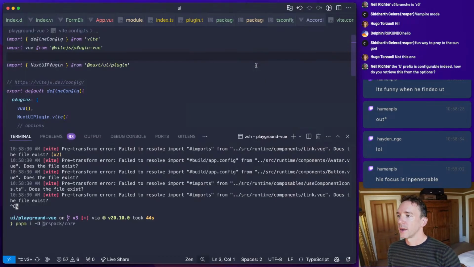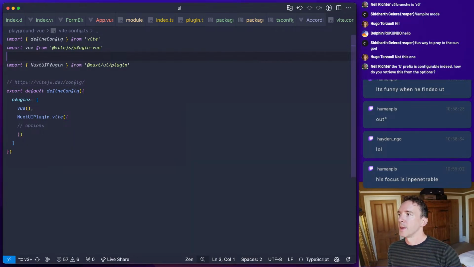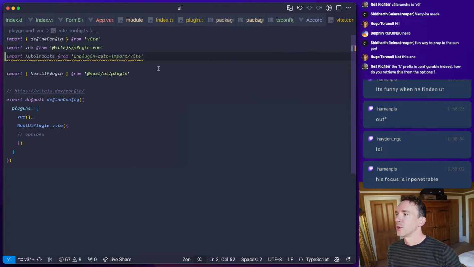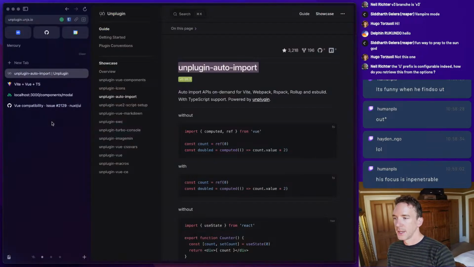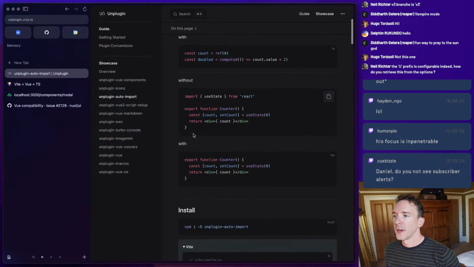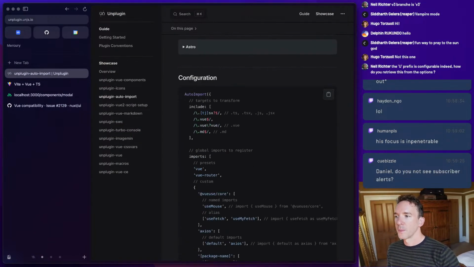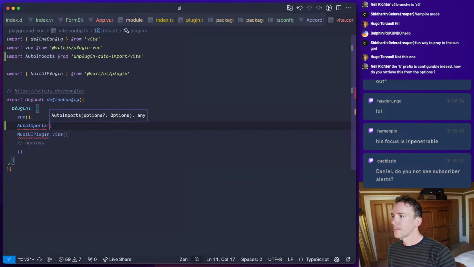So we're going to add unplugin auto import and import it here, and just register it so that we can use the Vue preset.